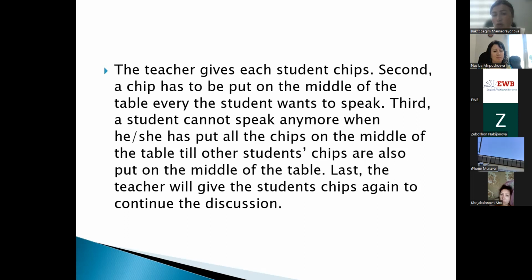Even if they don't want to speak, they need to create a kind of problem solution statement so that their voice is also there. Otherwise, in different kinds of discussion activities, they can escape. They can escape. But in this one, they don't have any chance. They just need to create a sentence.